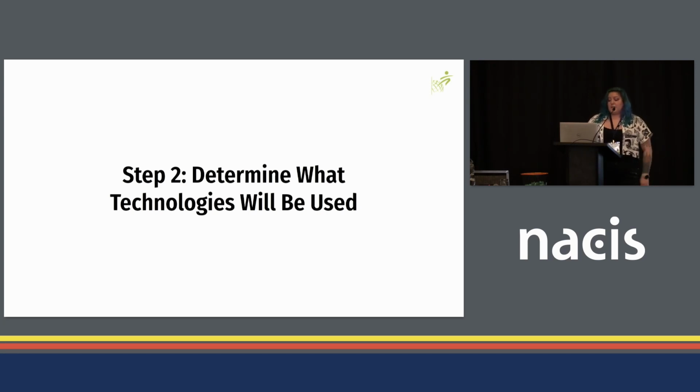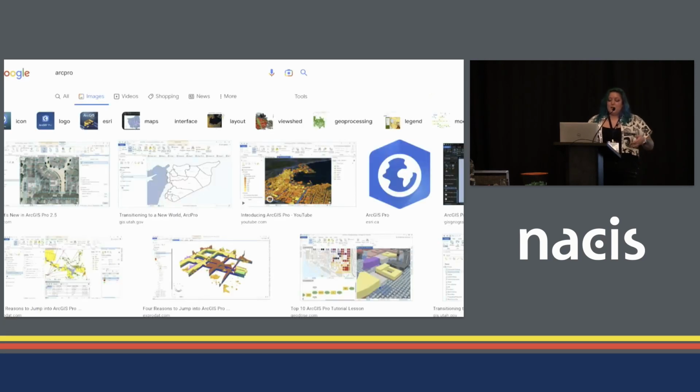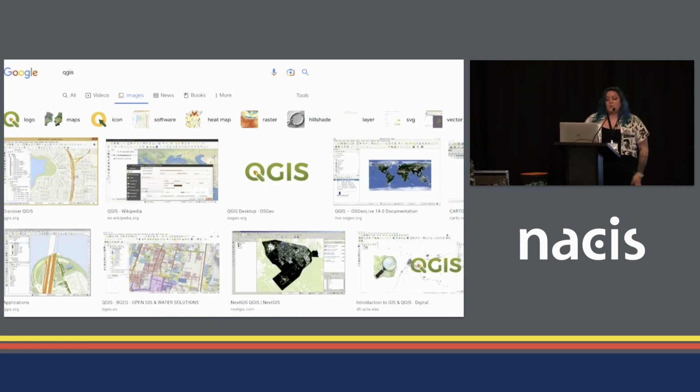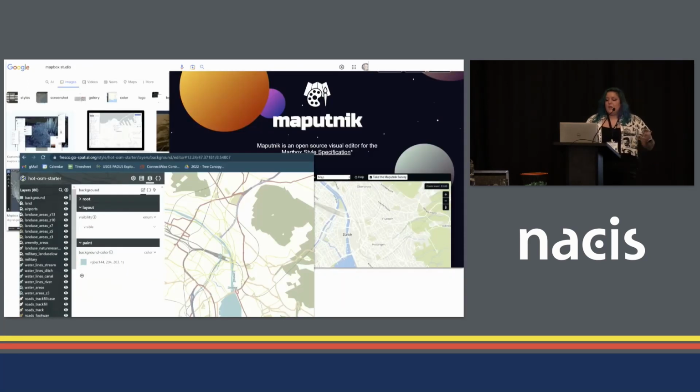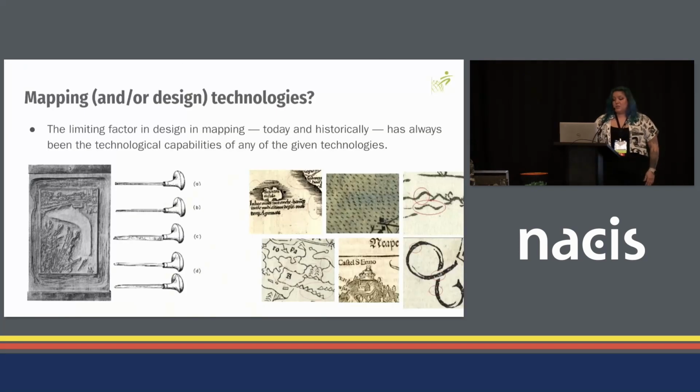And step 2 is very important, because you need to determine how you want to recreate this map style. Are you making it in ArcPro, or QGIS if you want open source? Or do you want to get very specific design details in Adobe Illustrator or Inkscape? Or do you want to get that into a vector-based program online, like Mapbox Studio, Maputnik or Fresco? You want to understand what the final thing is that you're going to use to display the map, because the reality is, historically and today,